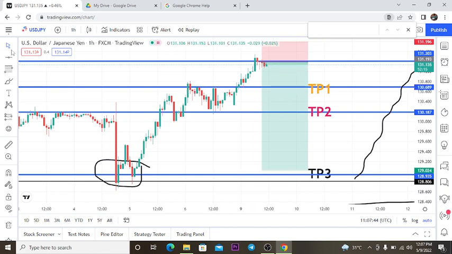You can see at this point the price, the line is serving as a resistance here. Then here is also a support. So that's why I mark out this point as my TP1. Once the price gets to my TP1, I'm going to lock in some profit.